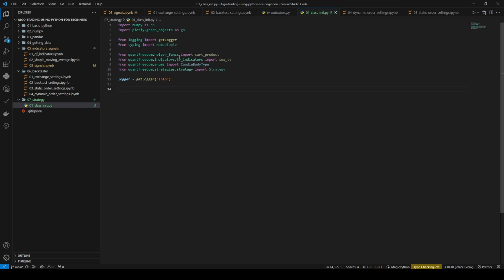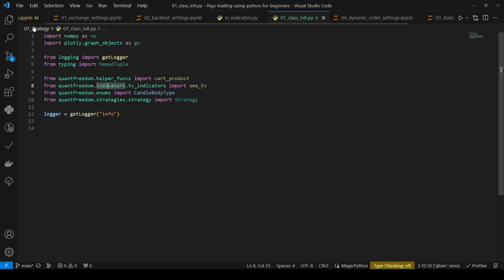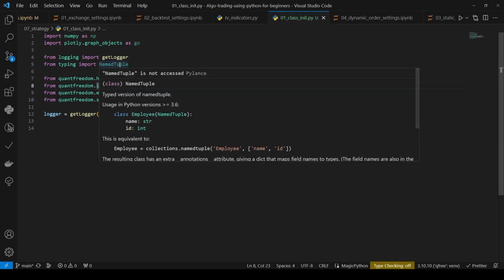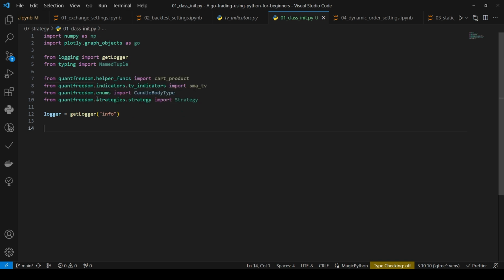Okay, so what you'll need is what we've got going on here, which let me increase the size of this. So we have numpy as np, plotly.graph_objects as go, from logger get logger, from typing import NamedTuple. Then from quantfreedom.helpers, cart product, quantfreedom.indicators.tv_indicators, SMA TV, and so on and so on. You guys can read these right here. So pause the video if you need to make sure that you have all these imported, and then we'll get started here. So the very first thing that we need to do in order to make this work with the current version of the backtester,